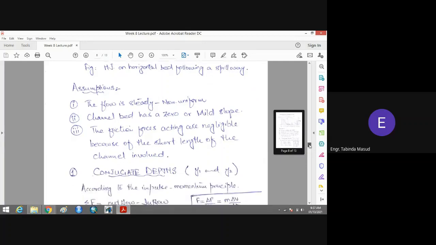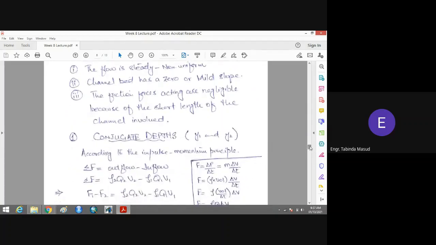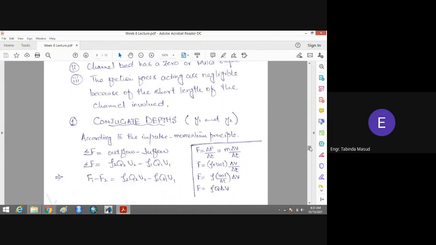Now, first of all, we will find the expression for the conjugate depths. What are the conjugate depths? These are y1 and y2. That is the depth of flow before hydraulic jump and the depth of the flow after hydraulic jump. So,